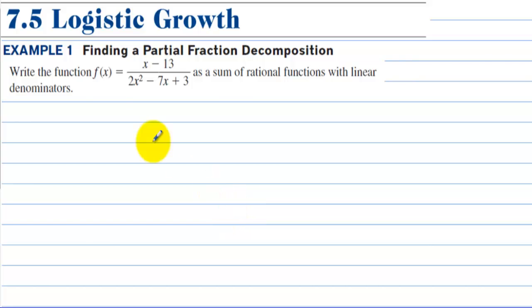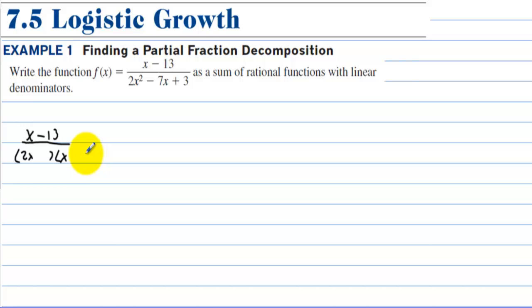7.5 Logistic Growth. Example 1, finding a partial fraction decomposition. Write the function f of x as a sum of rational functions with linear denominators. Let's start by factoring the denominator. We have x minus 13 over